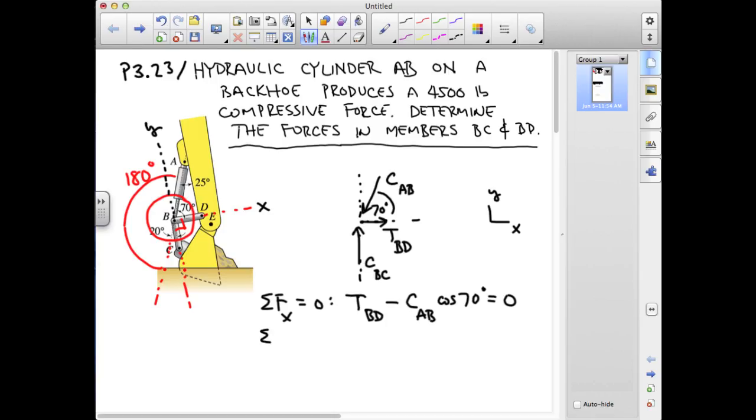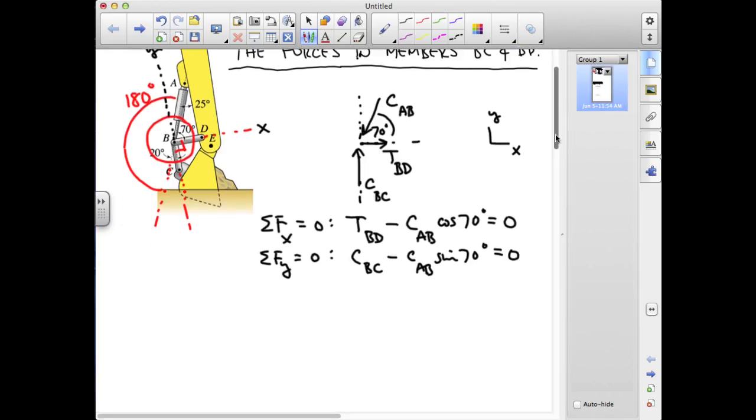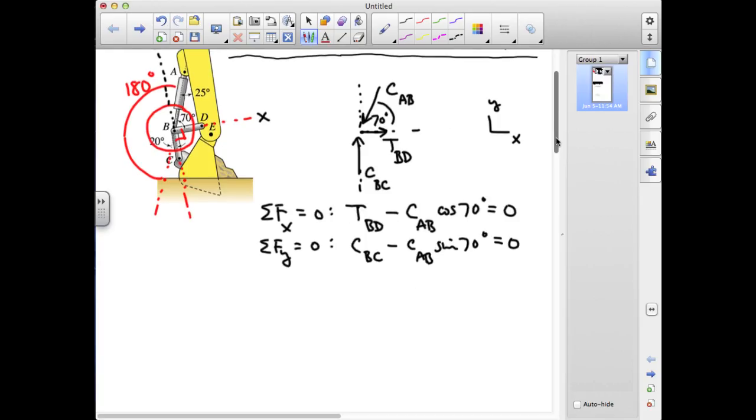And in the y direction, I'm going to have CBC minus CAB sine 70 equals 0. So now I don't even have to solve simultaneous equations in this case. I can just write the results down directly. So I have TBD